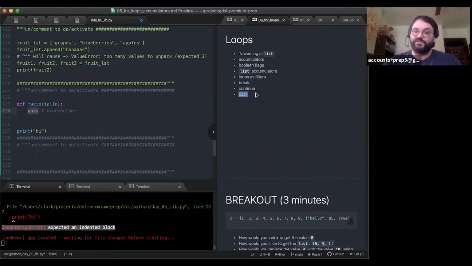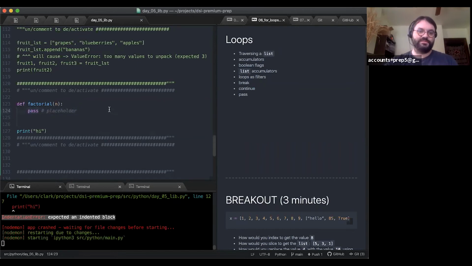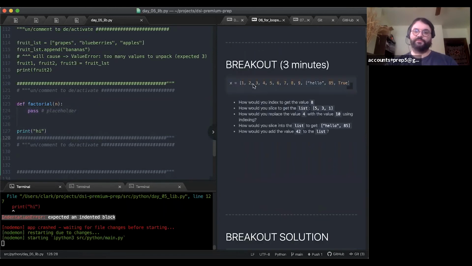Pass has nothing to do with break and continue. I don't know why they're always taught together, but I just wanted to mention this now. Pass is a placeholder. If you're seeing it in the code, that's what it does. I'll just run this and we'll see print hi, and that'll be clear. Okay.